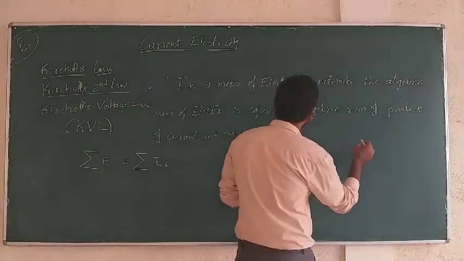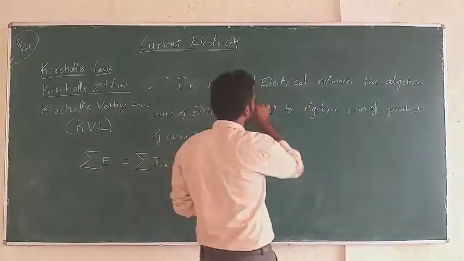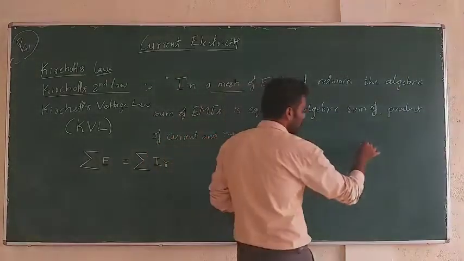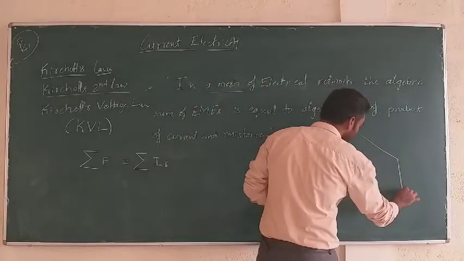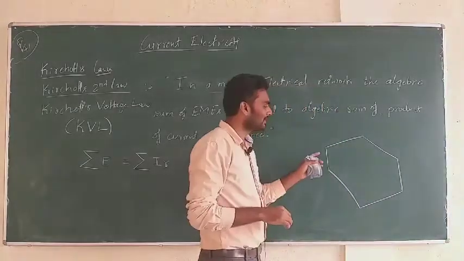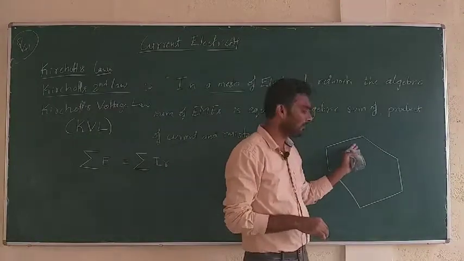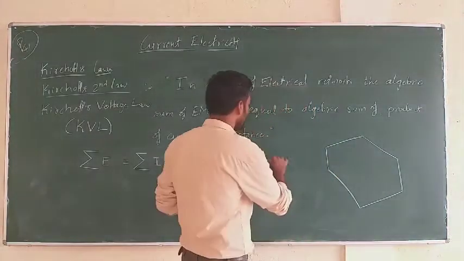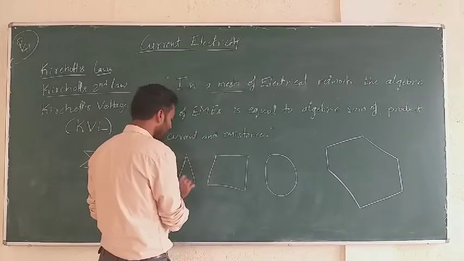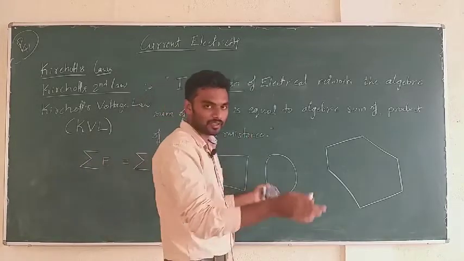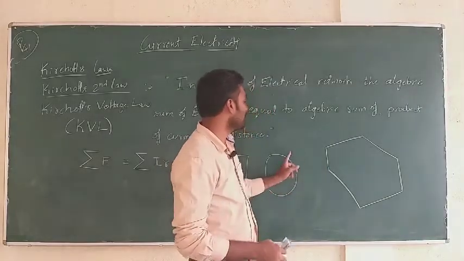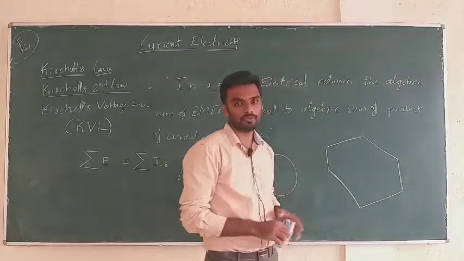So in the first place, we should understand what is a mesh of an electrical network. When I say mesh of an electrical network, we should have a closed path for the flow of current. Not necessarily in a particular shape like what I have written. It can be a loop, it can be in a square shape, it can be in a triangle shape, whatever the shape of the conductor, that doesn't matter. Finally, what we need is a closed path for the flow of current.